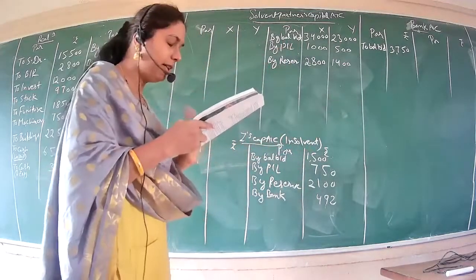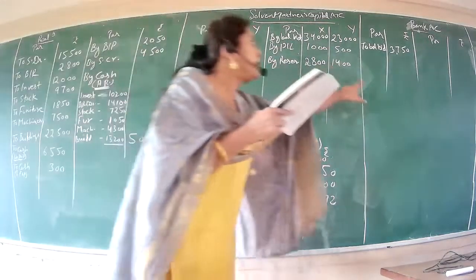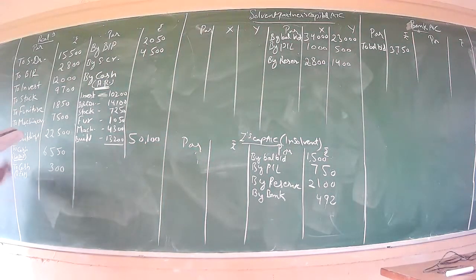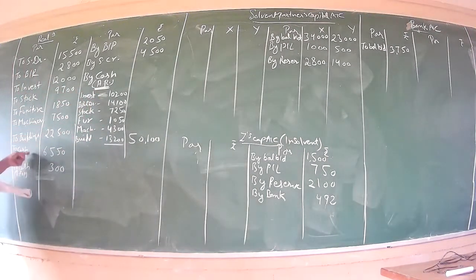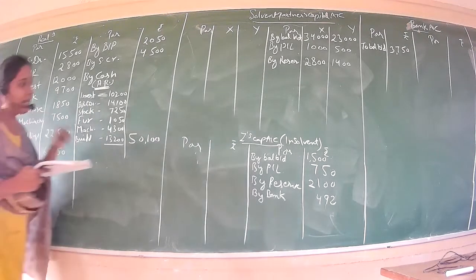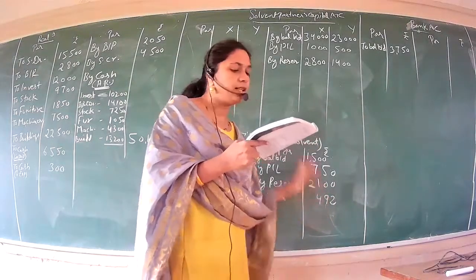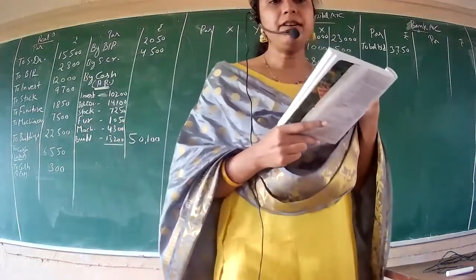So the liability side we have covered. And then the asset side also: cash in hand, cash at bank, your bank account. And then all the assets in your realization account, all the balance sheet items taken. And then we have realized the assets, and then we have paid the liabilities, and then we have paid the realization cost. And then Z has got the 492 rupees also. So these amounts from your question we have taken. Now we have to solve on our own.